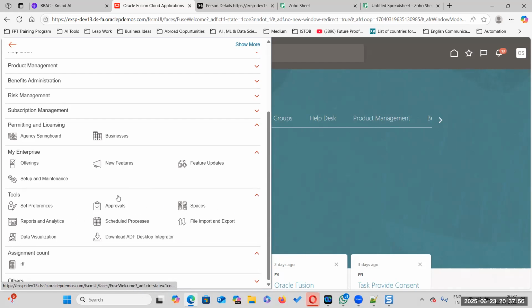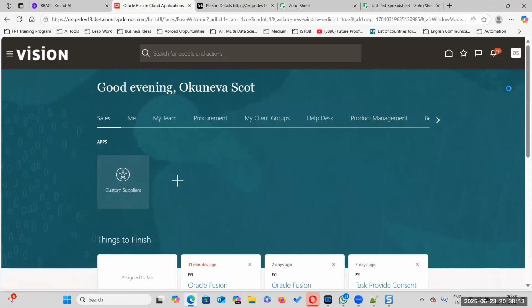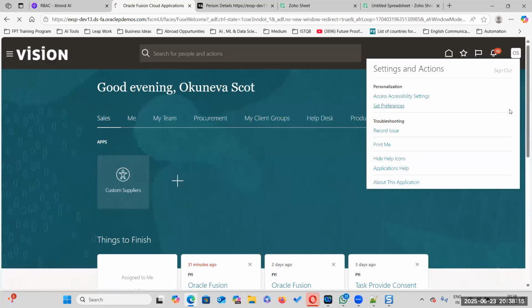You cannot add. See, this Okinawa Scott has his own number of roles, right? But we have learned how to create a user under tools and the security console. Pawan Channam is having all the IT security manager roles. He's a super user kind of thing. Okay, got it, sir.